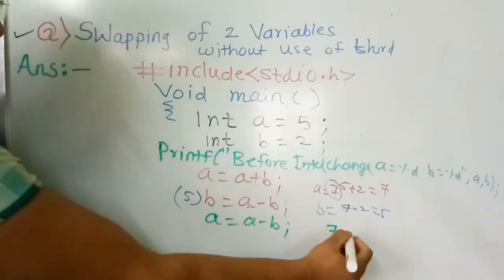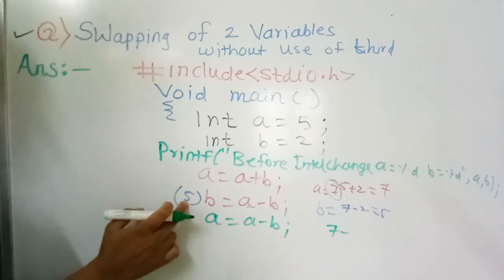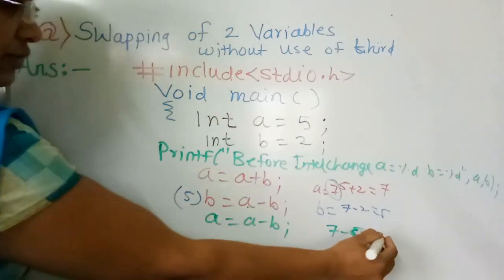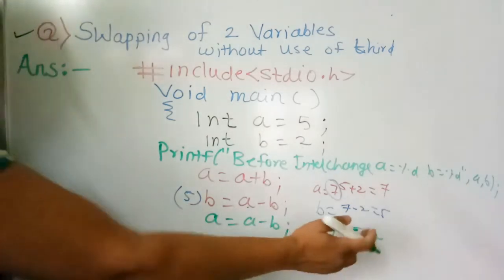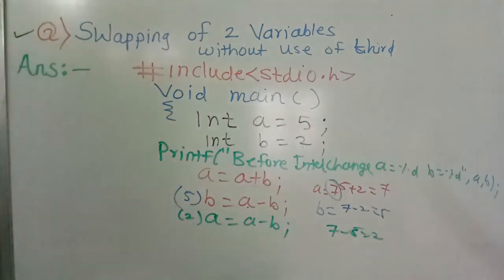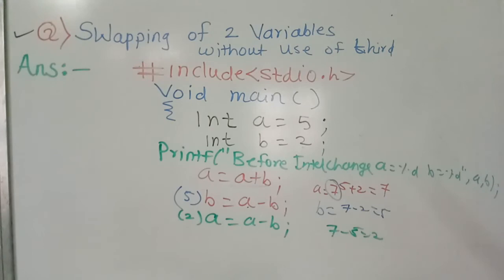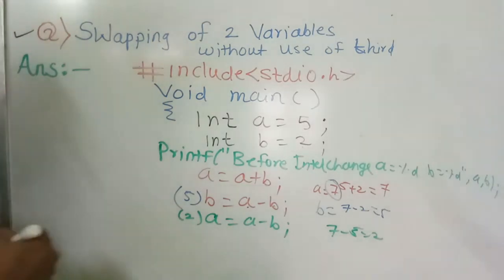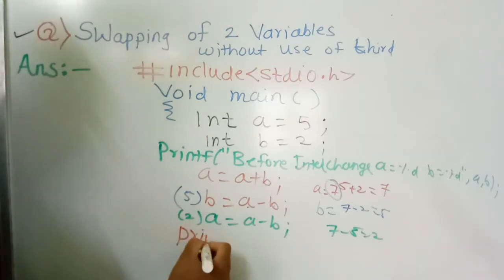Then 7 minus the new B, which is 5. Now we convert this: 7 minus 5 equals 2. Now A becomes 2. By performing only these 3 steps, we get the answer of interchanging the values of two variables. And lastly we will print the answer with printf